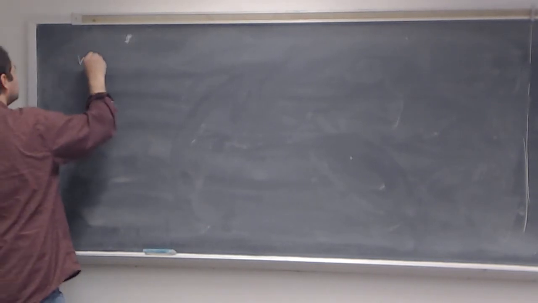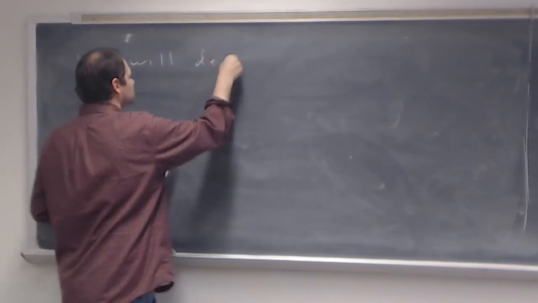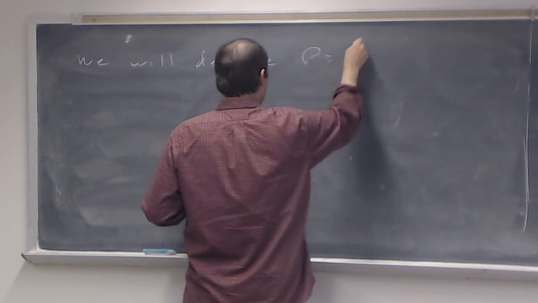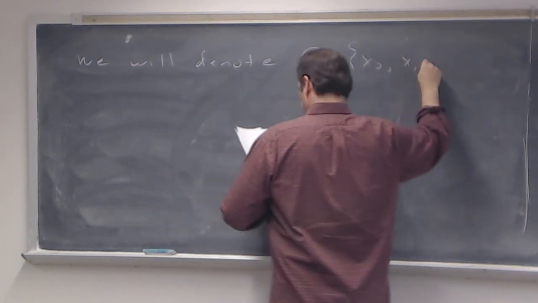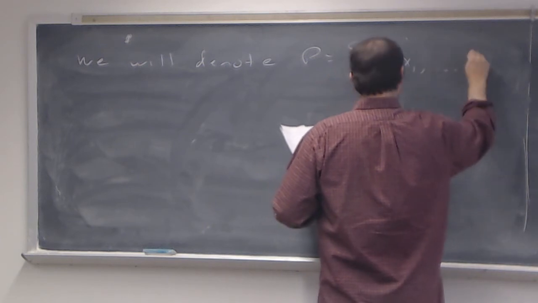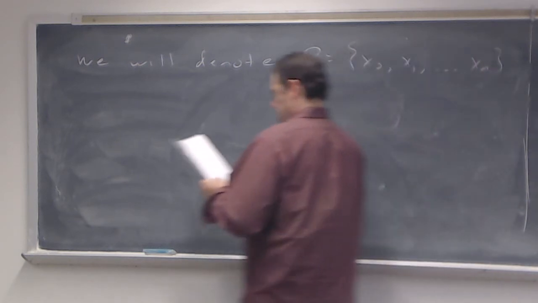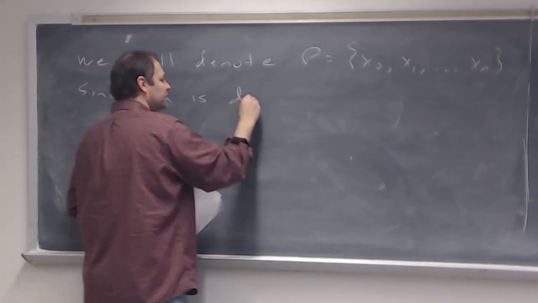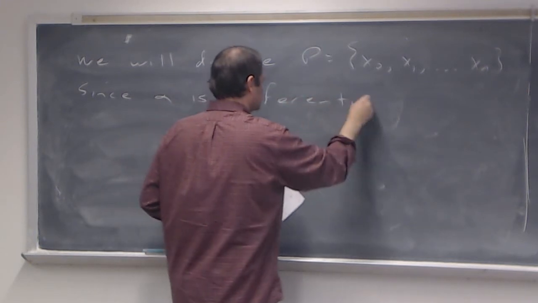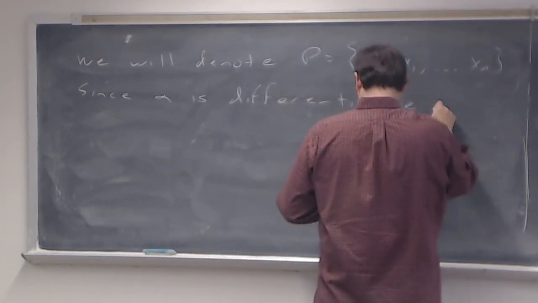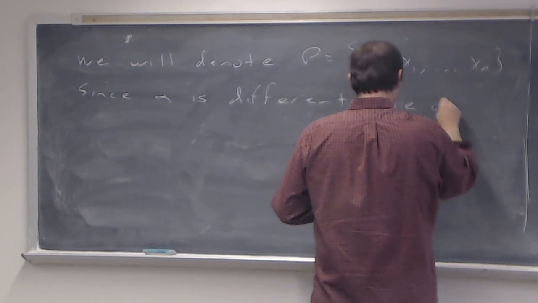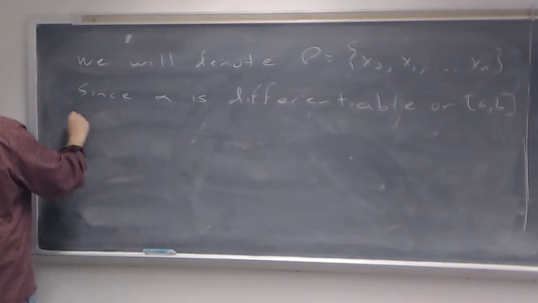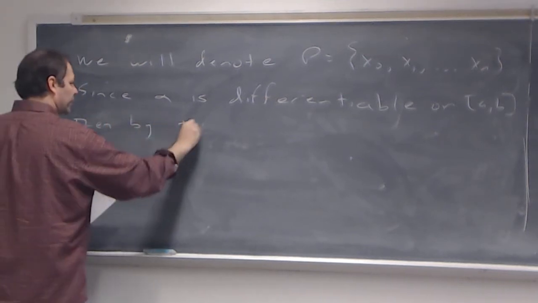We will denote this partition by x of 0, x of 1, all the way up to x of n. Now, since alpha is differentiable on the closed interval from A to B, then by the mean value theorem,